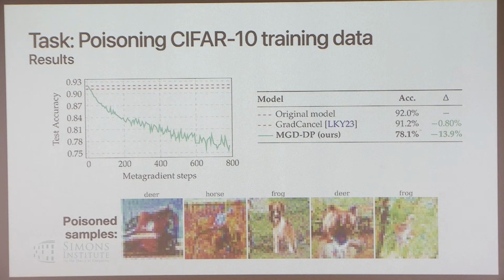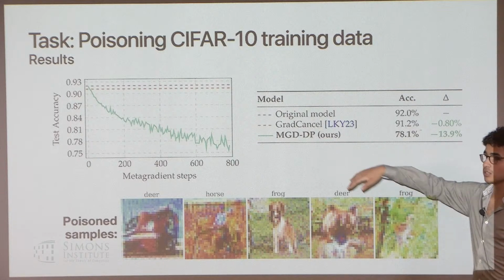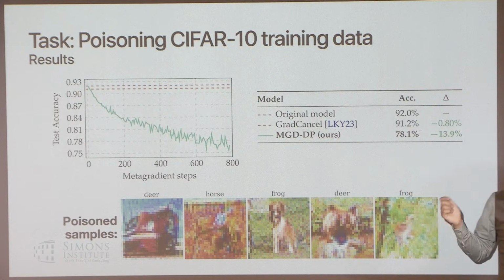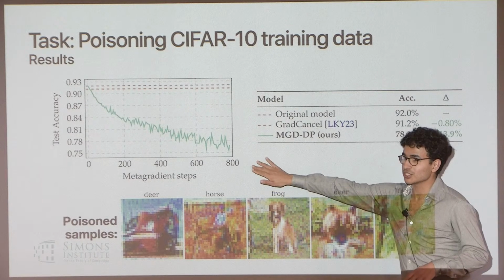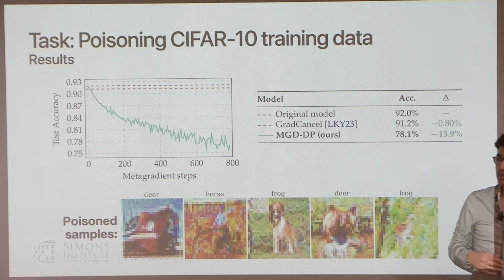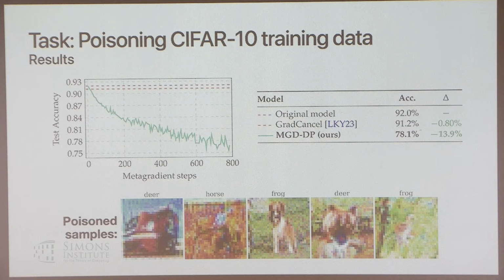Question back there. Can you limit yourself to select only images where the labels are correct, but still make the accuracy go down? Yeah, one thing we've tried, with some success, just not as much as this, is not optimizing over the labels and just trying to change the images and not change them much from the original training image. There's some stuff you can do there, and the accuracy does degrade to 80-something percent. But in general, this is a really costly procedure. This is training a CIFAR model 800 times. So we did not optimize this very much at all.